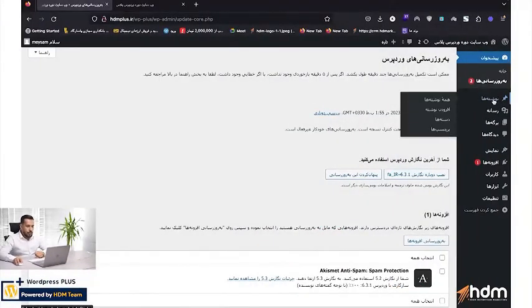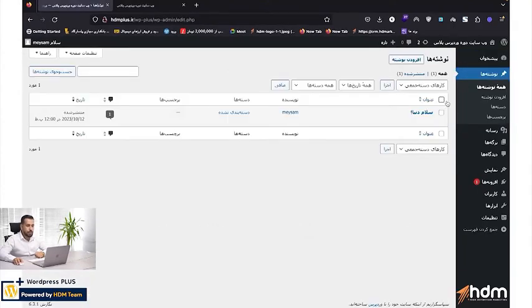On the right side, I have the post section. When I hover over it, it brings up several submenus for me. I have all posts, add new post, categories, and tags. When I go into all posts,